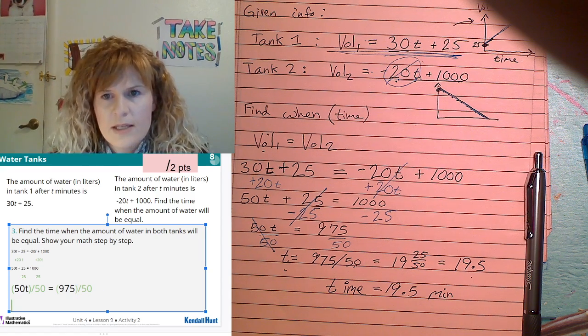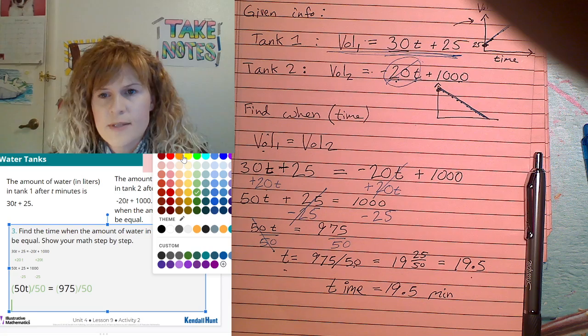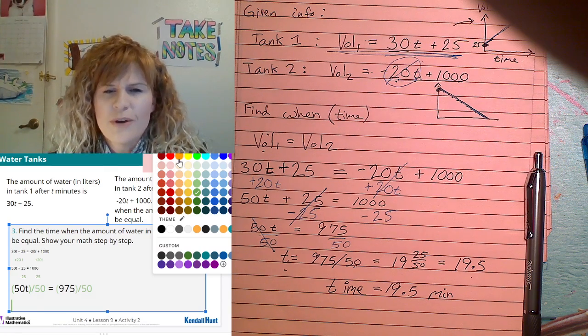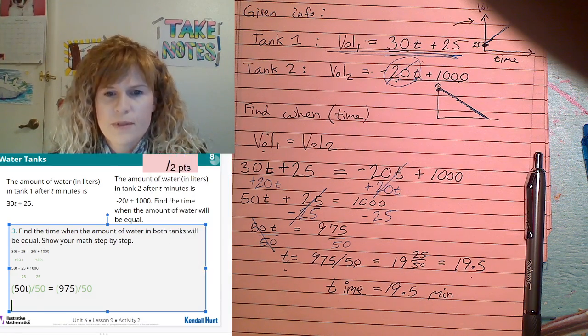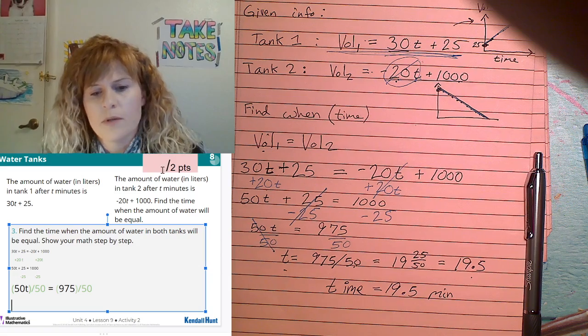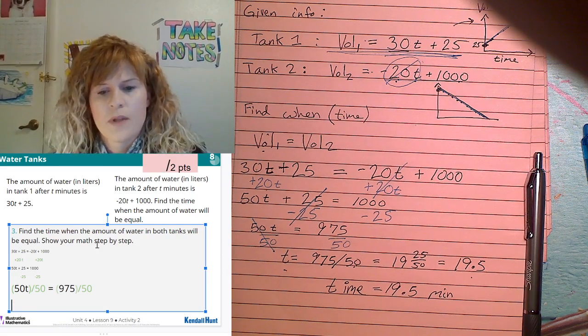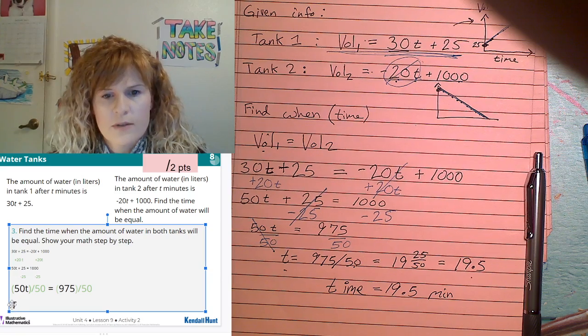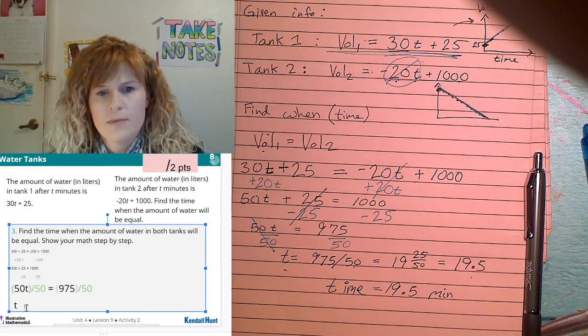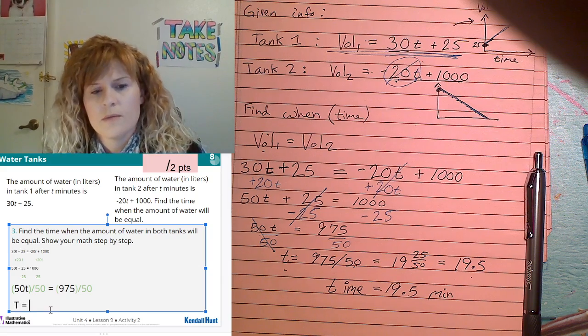And then I can give my final answer. I've simplified it on my paper. You don't need to show me the steps for simplification. That's really not the point of the problem. But you must make sure that you put your final answer. Oh, it's going to auto capitalize it for me. That's not really what I wanted. I want to keep it. There we go. t equals